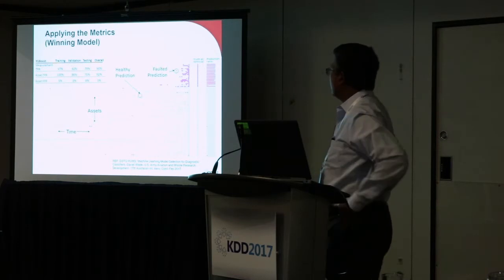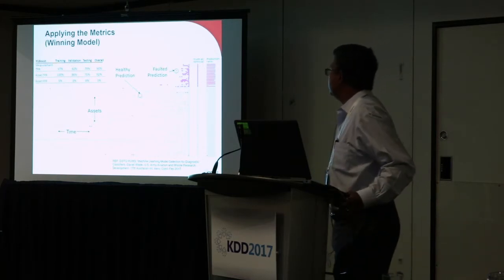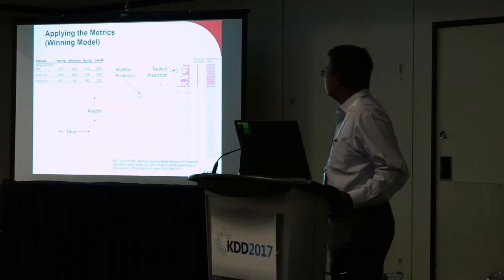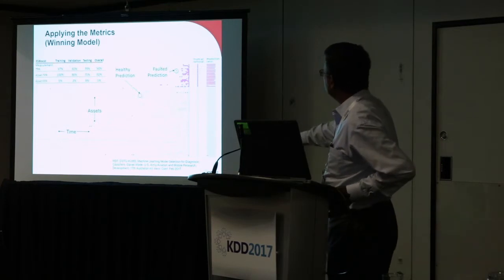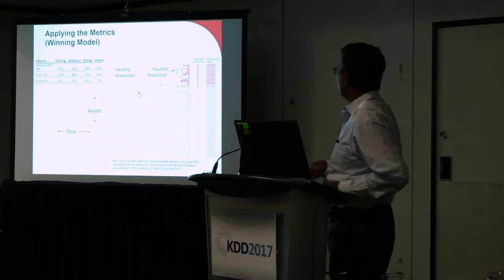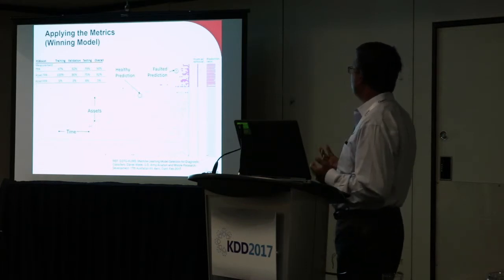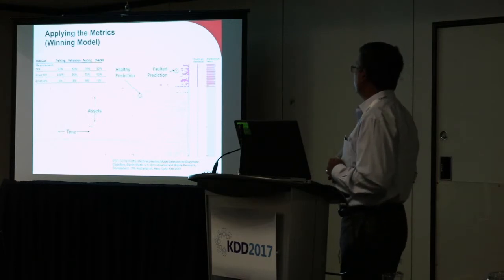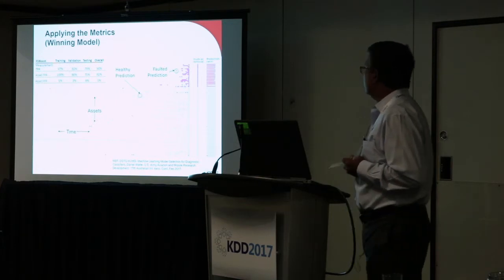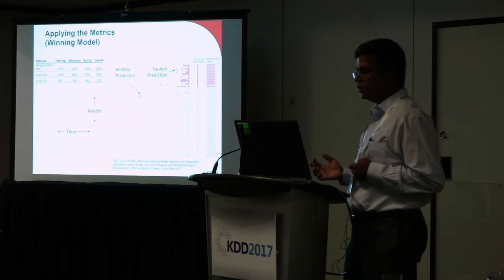The AED guys are also the ones who determine the airworthiness of these platforms. So when they determine the airworthiness, that is how they generated the truth-at-removal label that is in the middle column. And basically the prediction ratio shows how many times you predicted healthy versus unhealthy. So this is a pretty interesting chart, but in a sense, the message I want to drive here is that